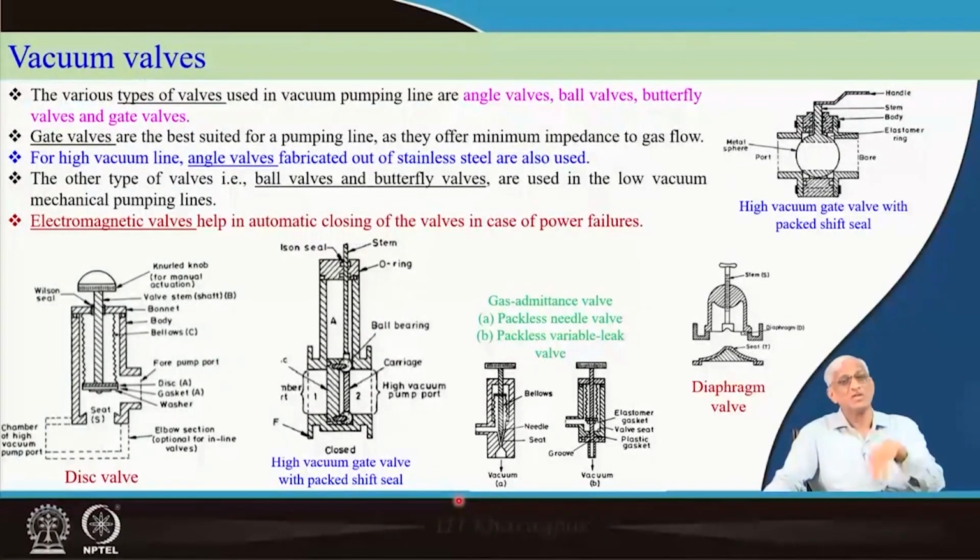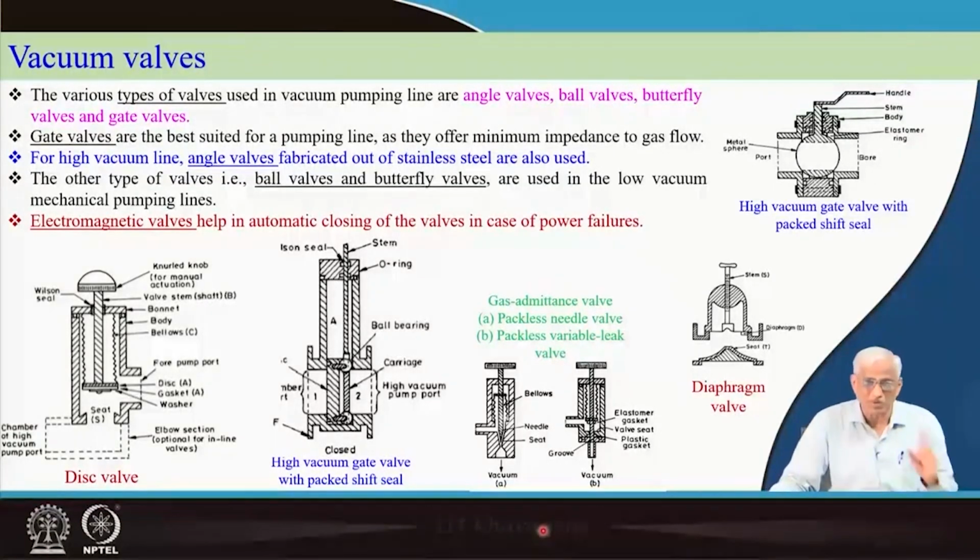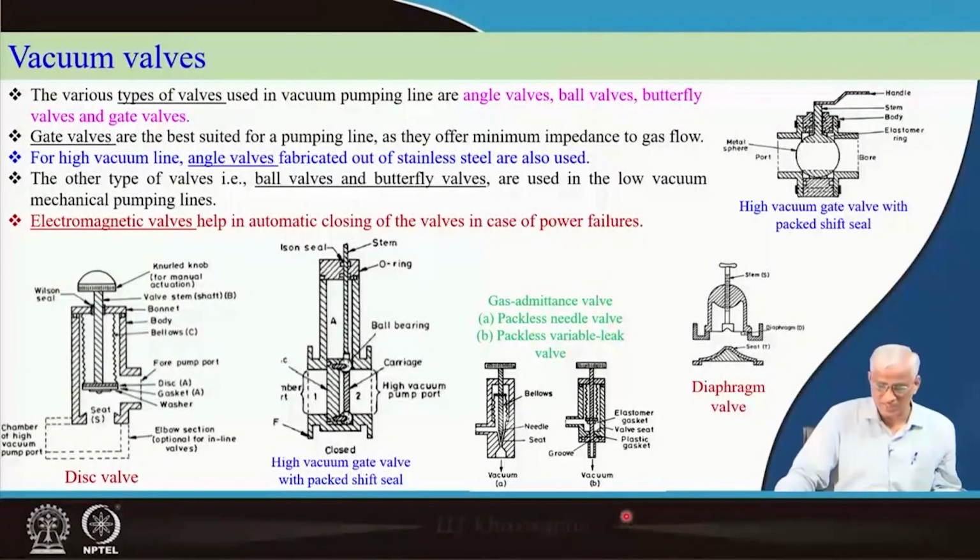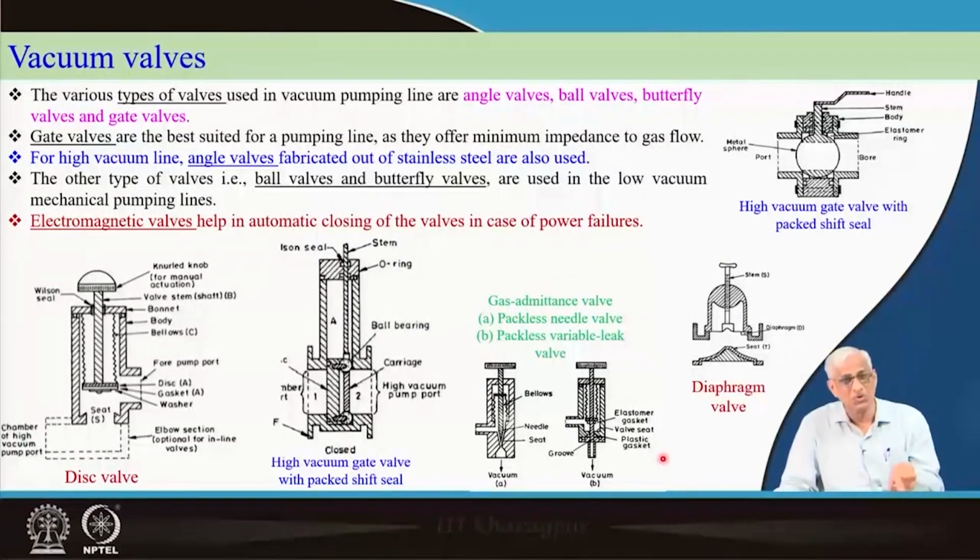99.999% purity is equivalent to 10⁻⁴ torr purity. That we will see when we take up a case study of metallurgical furnaces, with all this knowledge of chambers, components, conductances, whatever we have discussed. With this knowledge we will design one particular case study, that is metallurgical furnaces, where we will again show these